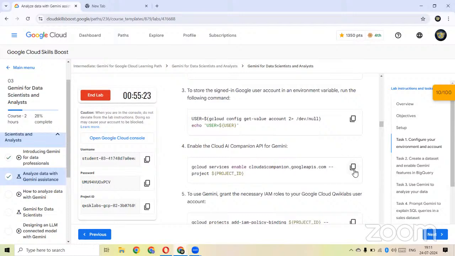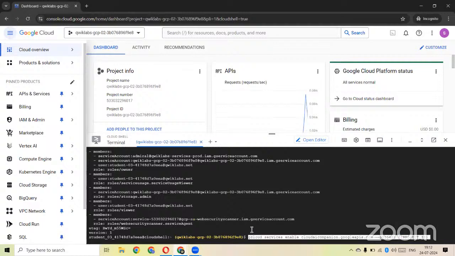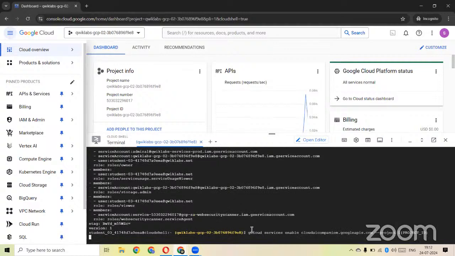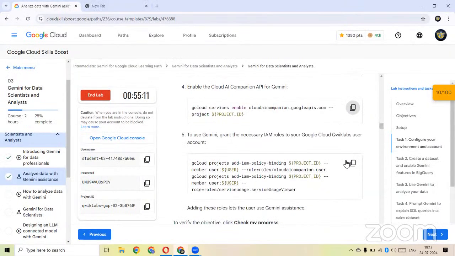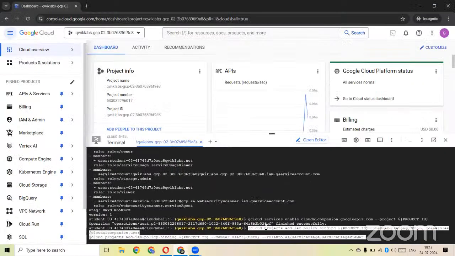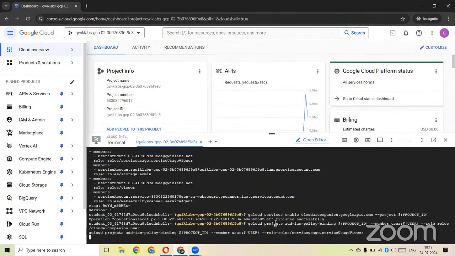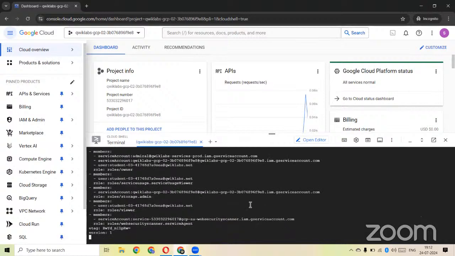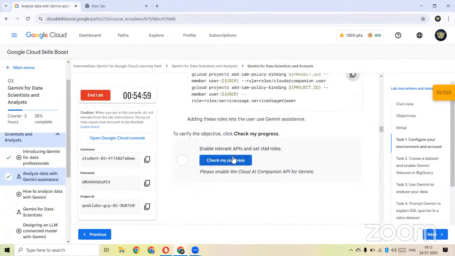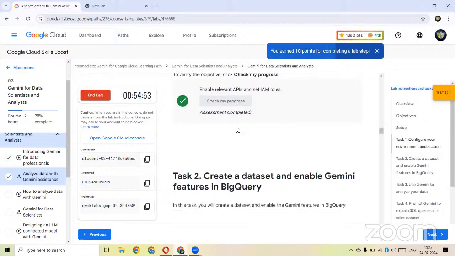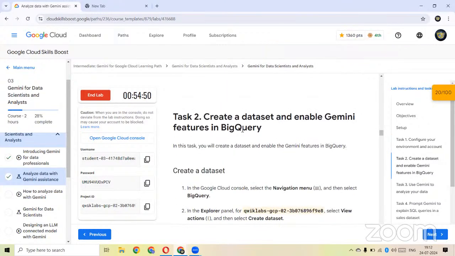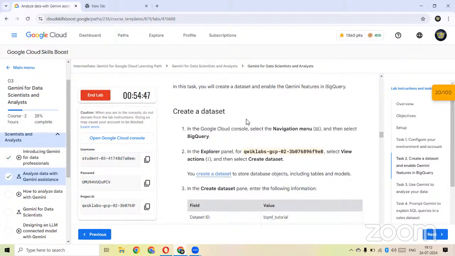Okay, sorry, we missed this step. Okay, we have not given access to the Gemini base. Okay, now run these IAM roles. Okay. We have completed this. And now we'll be creating a dataset and we'll be enabling this Gemini for the